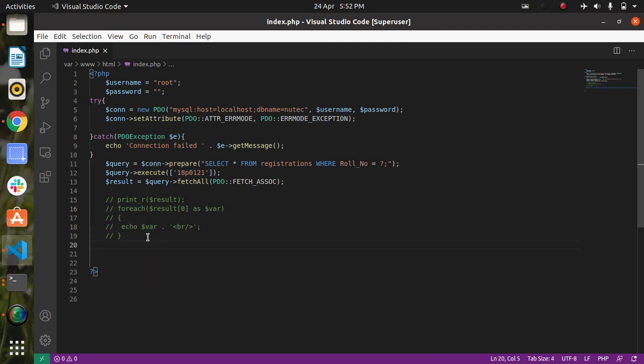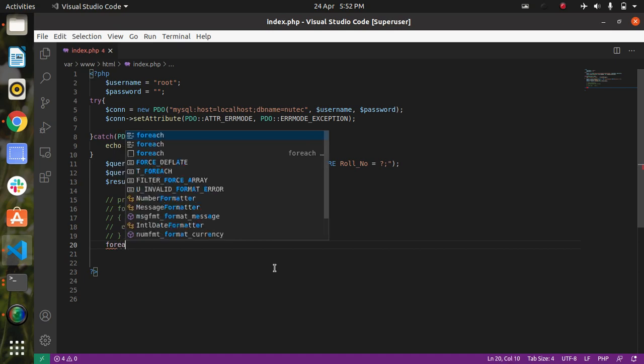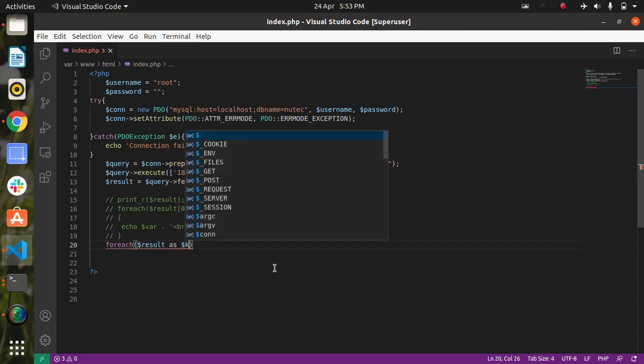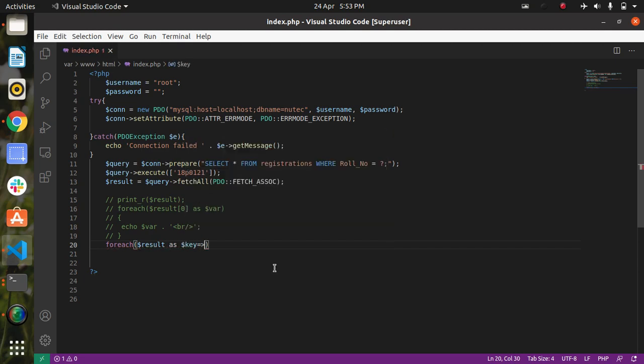Now let's move to the third method. So this is also a third method. Result as key, and we will output this in key value.